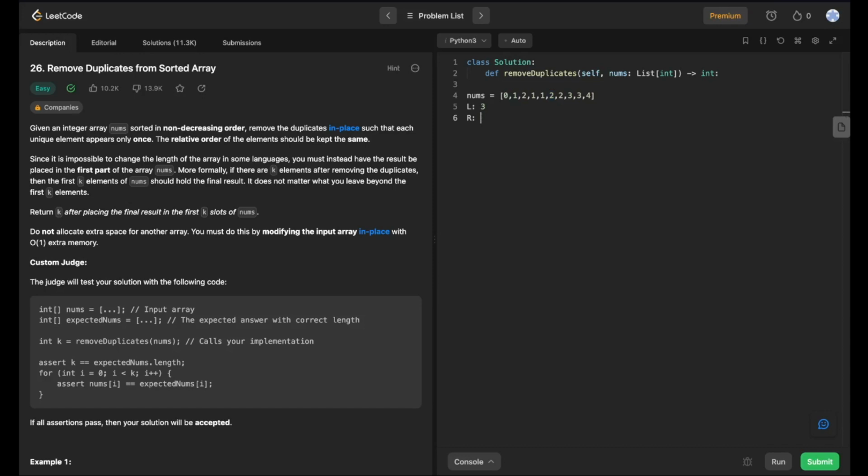Now our right pointer points to the 7th index and see that this 3 is not equal to this 2. Now we're going to use our left pointer to place this 3 to insert it into the 3rd index, which is here. After that, we shift our pointers, so left pointer now points to the 4th index and right pointer points to the 8th index. And we see that this 3 is equal to this 3, so we don't perform any placement and advance our